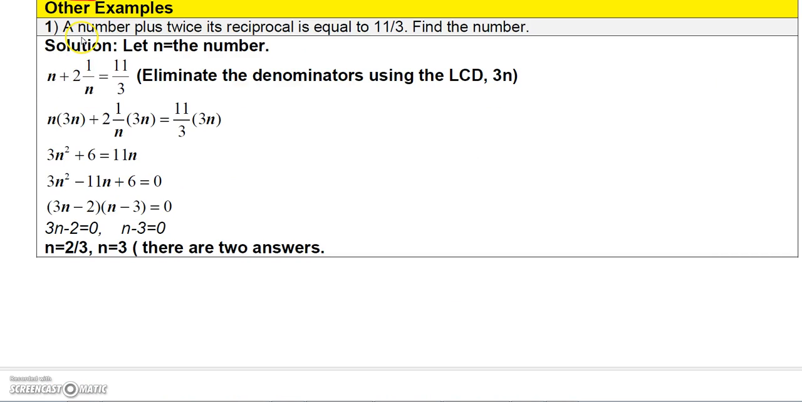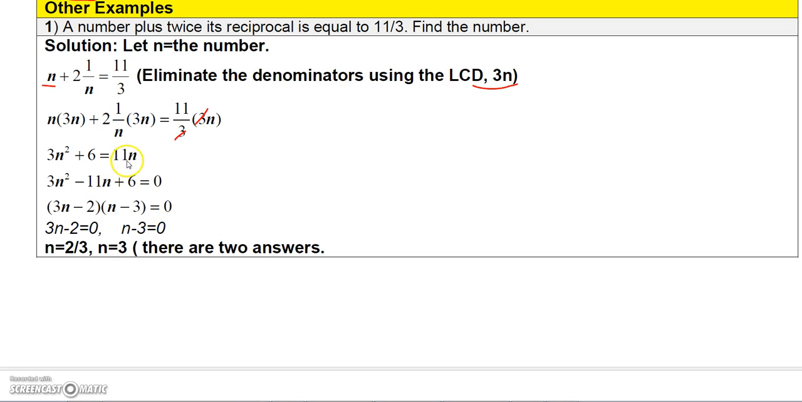I'm just going to set this one up here, and so a number plus twice its reciprocal is equal to 11/3, and then find the number. So let's let n equal the number, and then we take the number n plus 2 times its reciprocal, and its reciprocal would be 1 over n, equals 11/3. And now you just multiply everything by 3n, so n times 3n is 3n squared. 2 over n times 3n would give me 6 by itself, and then 11/3 times 3n, the 3's would cancel